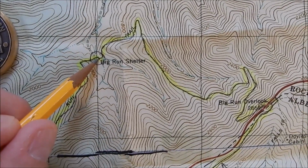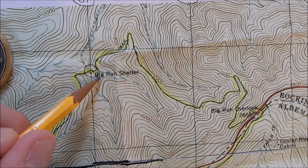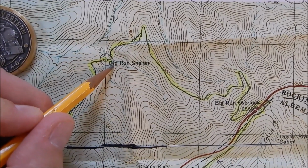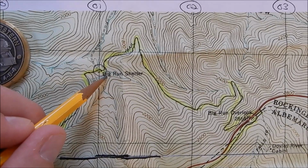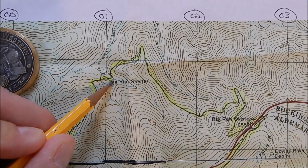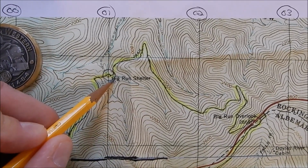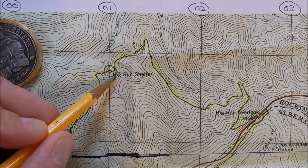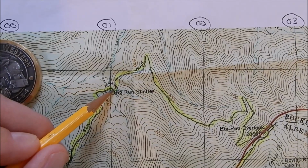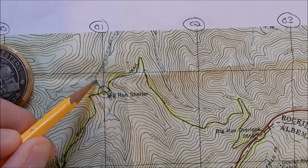Now, this intersection is where the Big Run shelter used to be. I don't know exactly when they pulled it out, but maybe in the mid-1960s. They pulled out 6 or 7 shelters and got rid of them, ones that were deemed to be too close to Skyline Drive, for example. So anyway, I show you the general area where the shelter was, and then I started hiking on down this